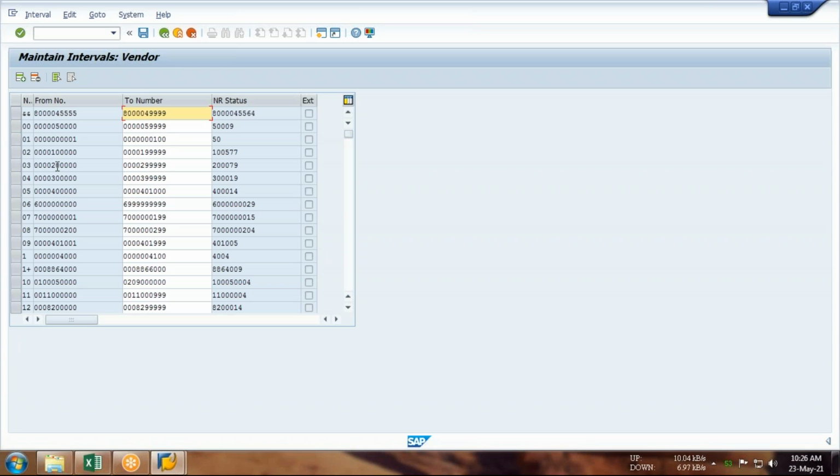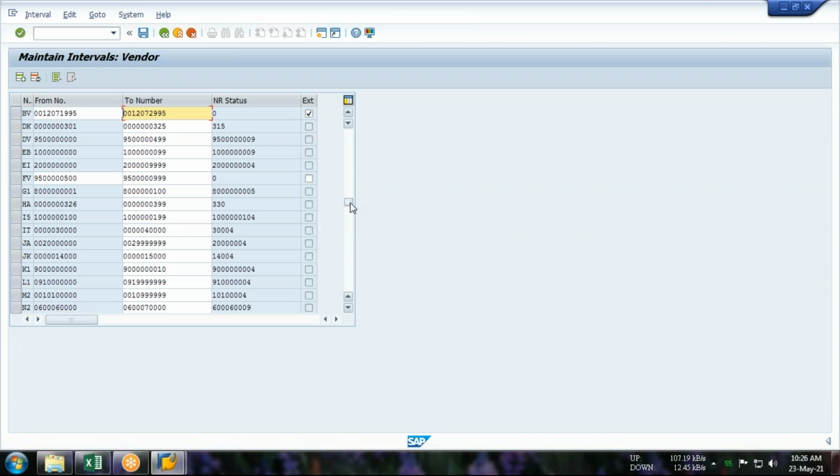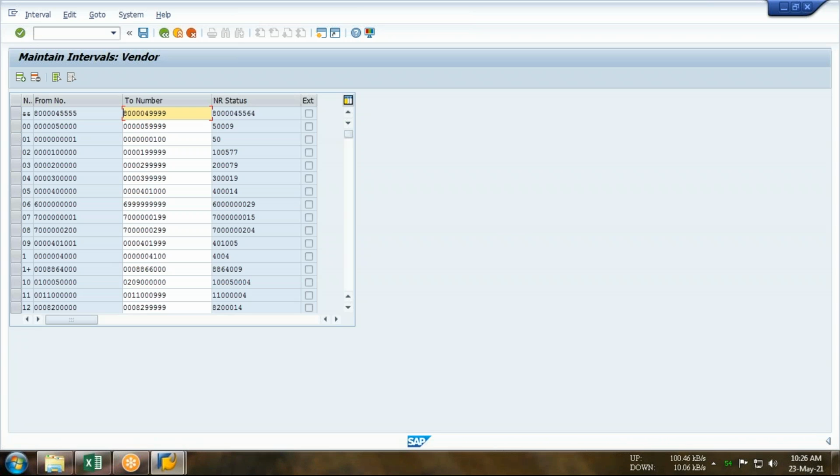I will not add anything new here because there are already so many number ranges available in the server. I can select any one as per my choice, and I will assign that number range to my accounts group for my vendor numbering. Can I do so? Absolutely, sir. You can do that because the system does not mean that you have to create a new one. It is not a productive task to create a number range; it is a kind of formality.